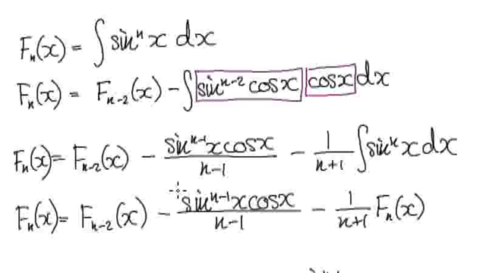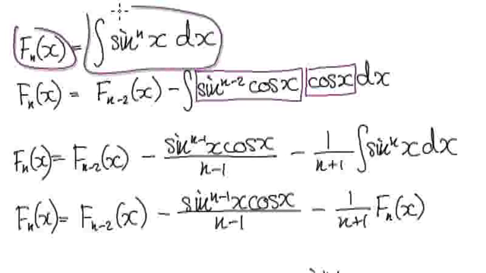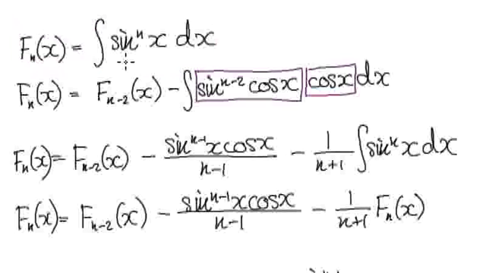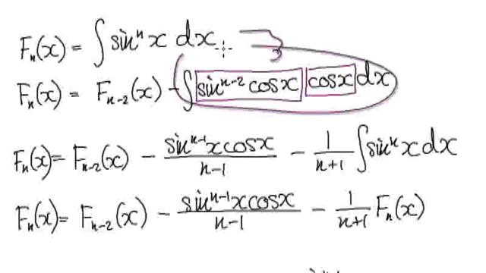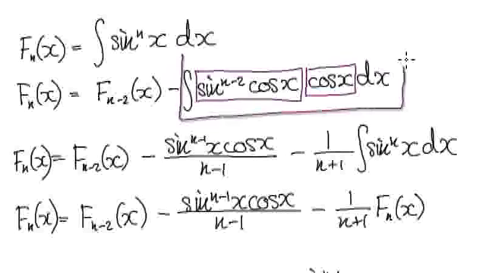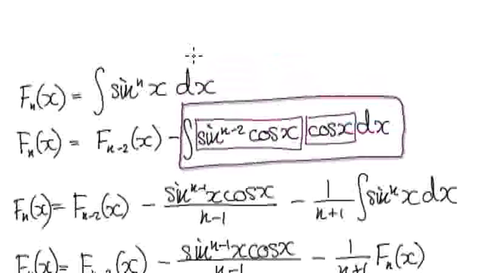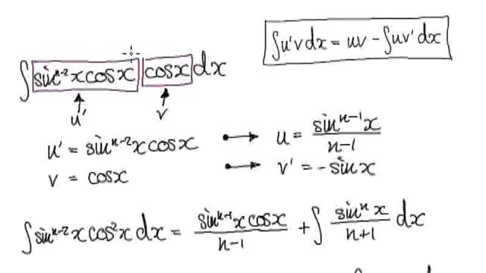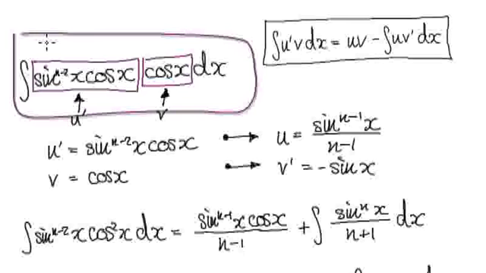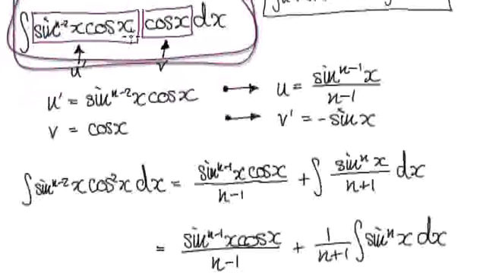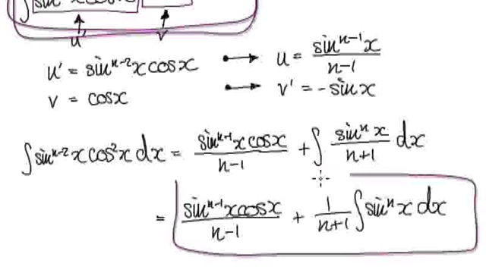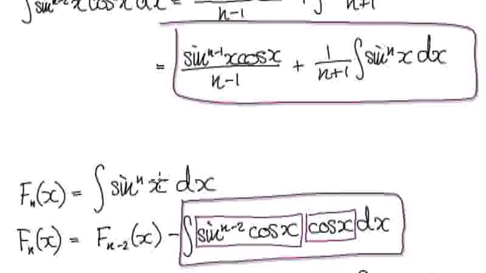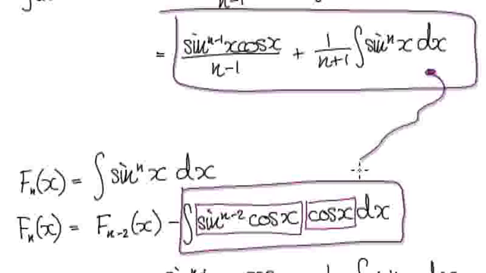So we are trying to integrate this. We would do the working, and then we got to this stage here, and then we've just worked out this bit here. This bit here is us using integration by parts. We've just worked out this bit here. This bit here is this thing here, and now we can put this thing here into here. So that would then give us